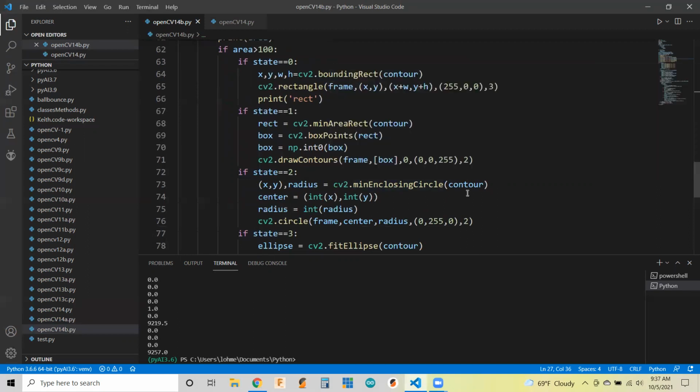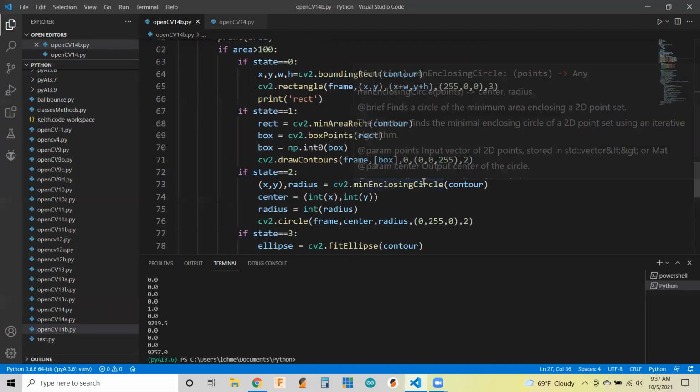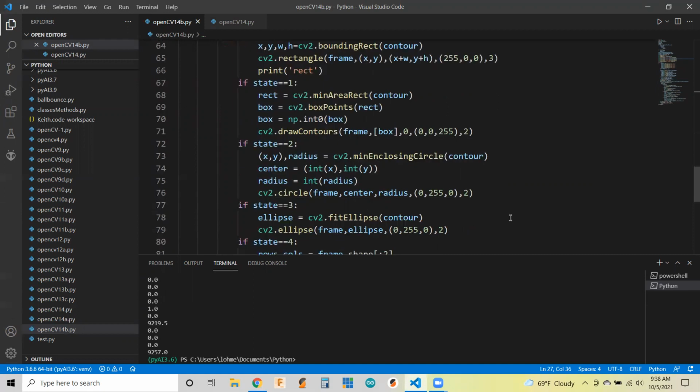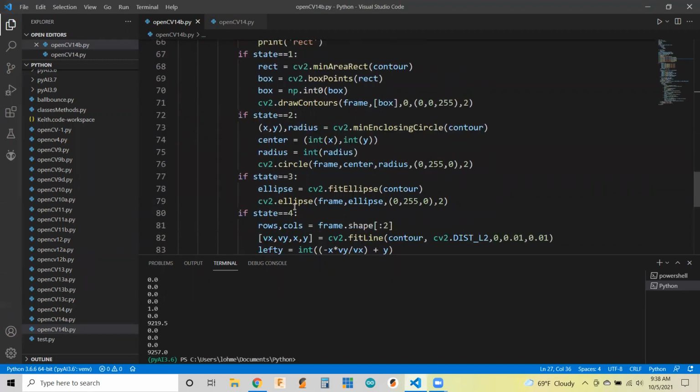Then we do the same thing for the min enclosed circle. Like I said, that function is just bringing out the X and Y and the radius. Evidently the X and Y that comes out is not in integer form, since they're taking the trouble to turn it into integers. And then they're just drawing a circle with the center and the radius. The ellipse code just takes whatever ellipse data you're getting, which you can put right into your ellipse